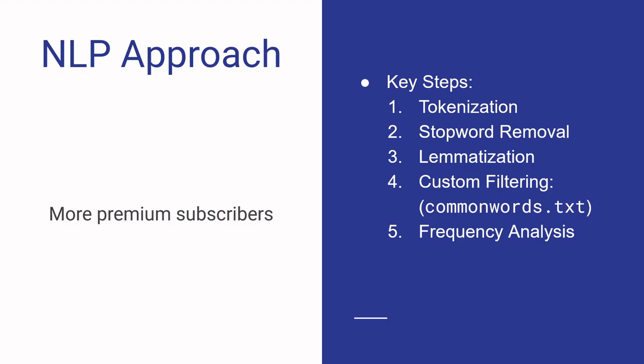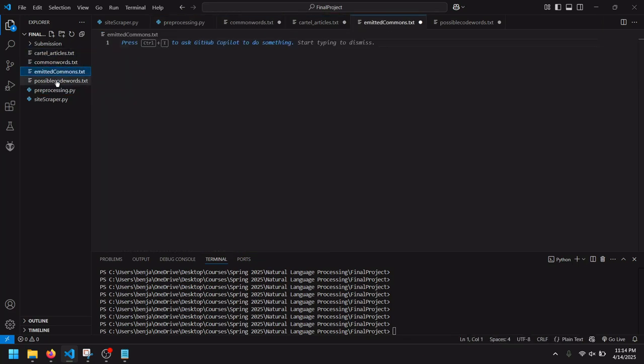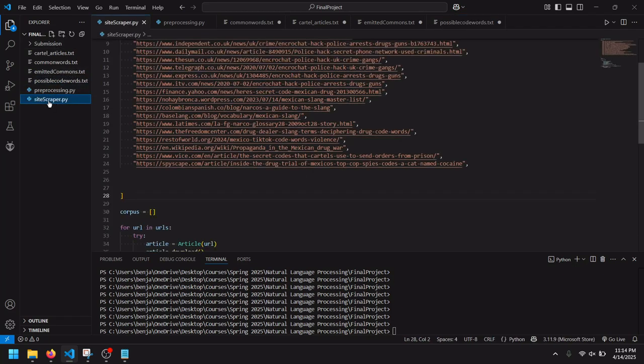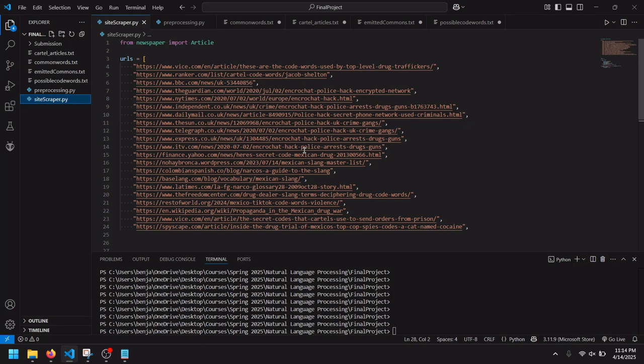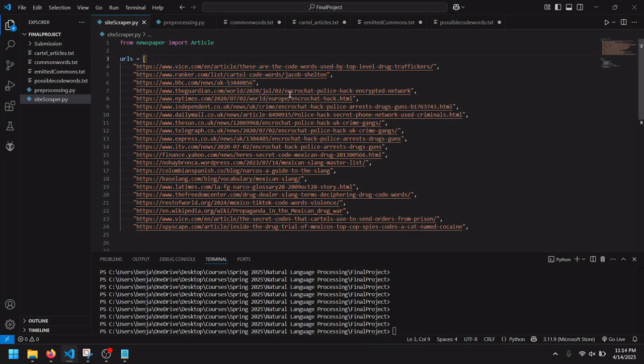So onto the code, we can see that I have nothing in these files here because we start out with nothing in these text files, just to show you that the code works. So then we have all of these URLs that I have researched, but this would be some sort of URL or a PDF that it's scraping through, maybe a full download of a cell phone's messages archive or something like that.